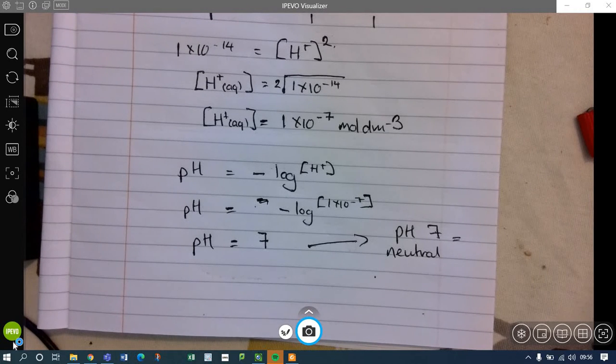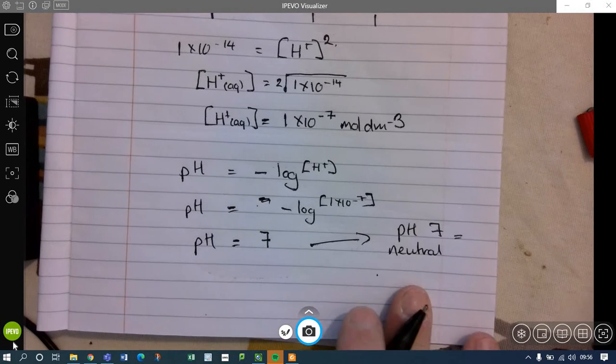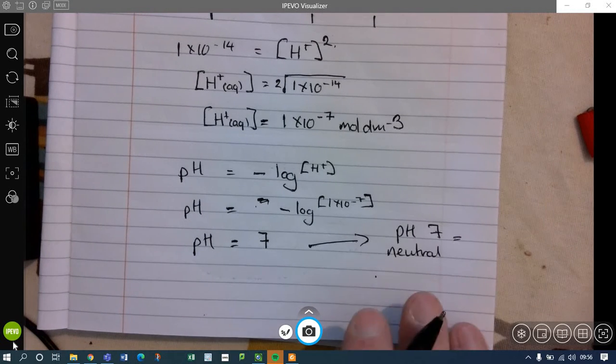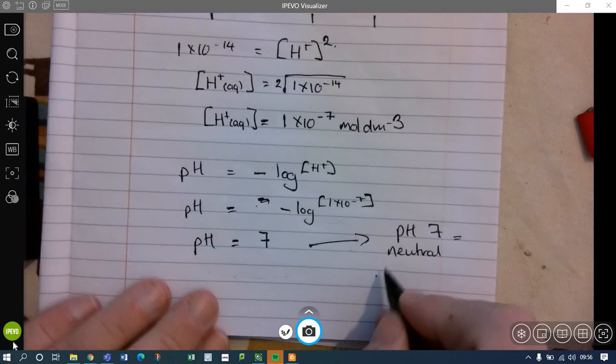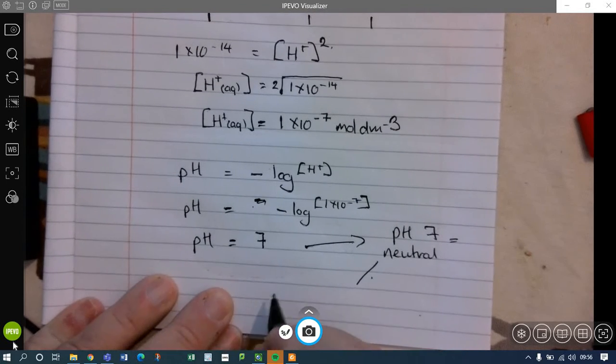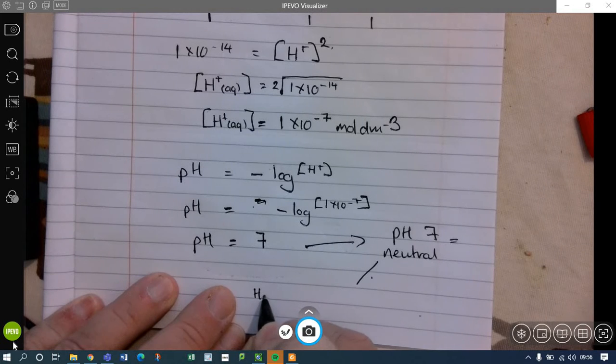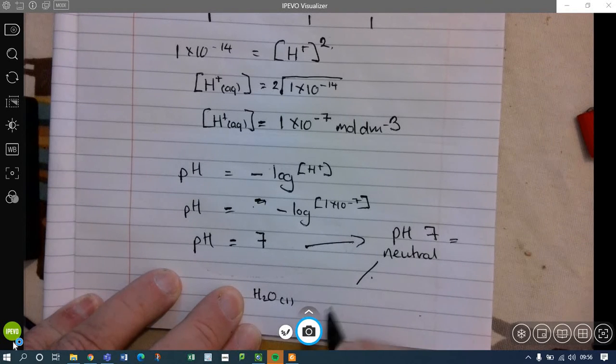Now, I hate that comment. I hate that comment with a vengeance. The reason why I hate that comment with a vengeance is that it is putting an arbitrary value and saying, oh, if you're at pH 7, that means it's neutral. What does neutral mean? Actually, neutral is the point, if I go back to this equation, keep harping on to this equation,